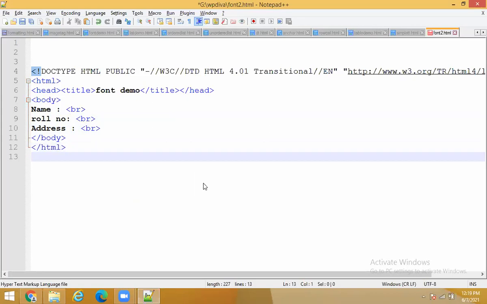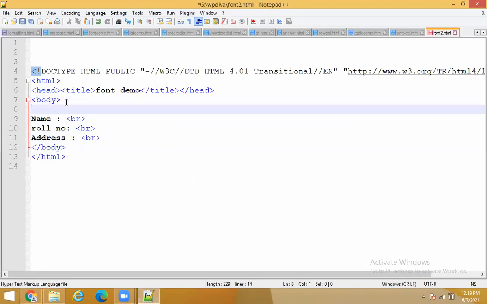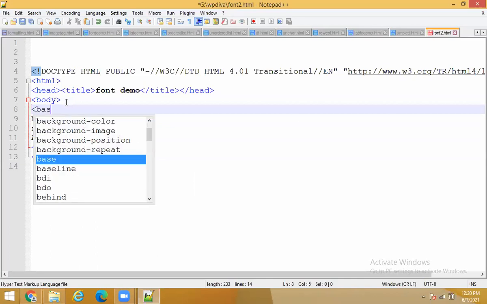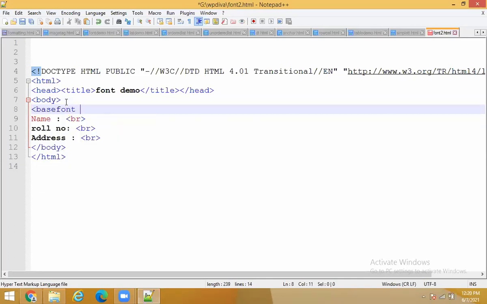Now I want you people to tell me the code. You have to tell me how to set font. I want you to set font for the name attribute. So how are you going to set font for the name attribute? Yes, how are you going to set? Anyone?